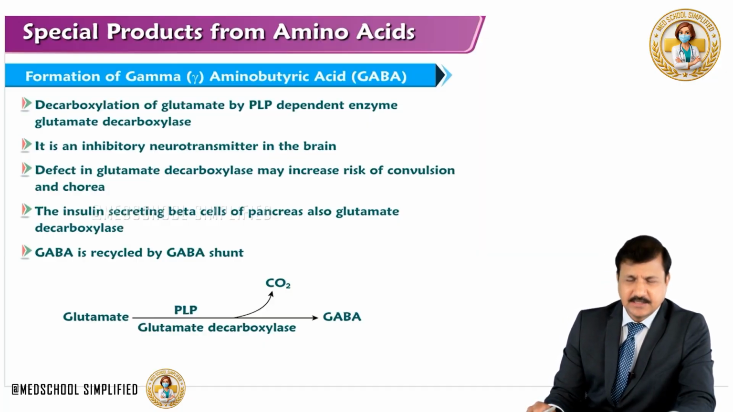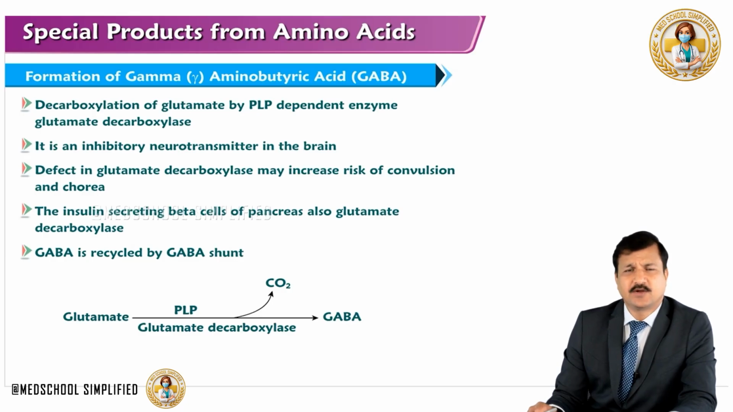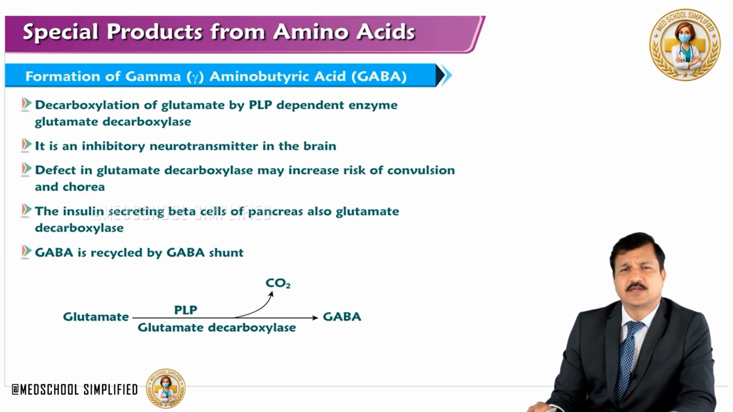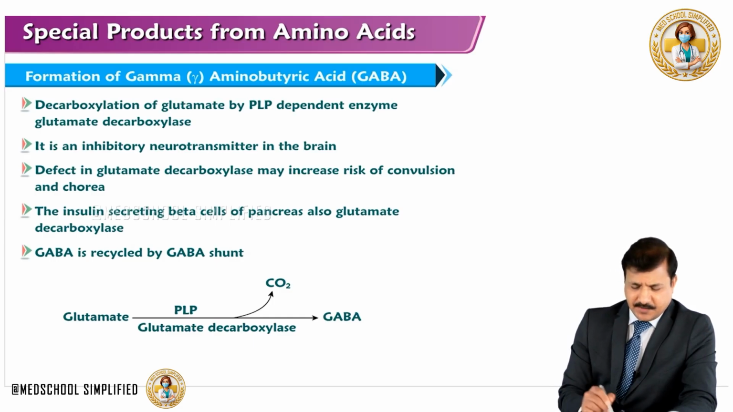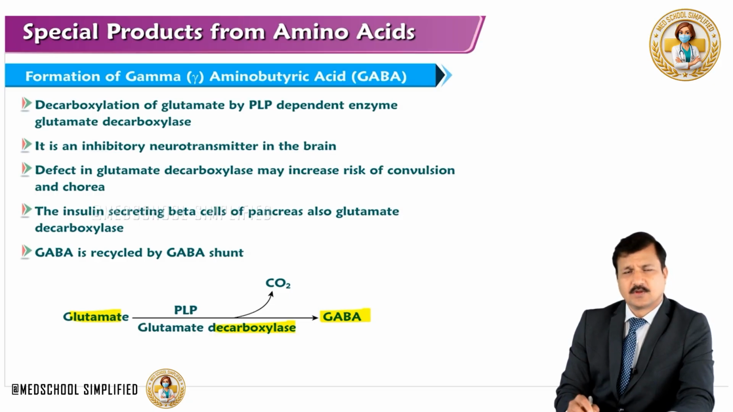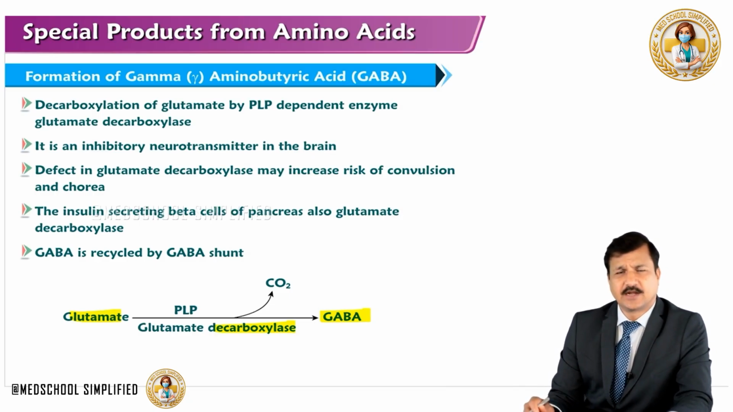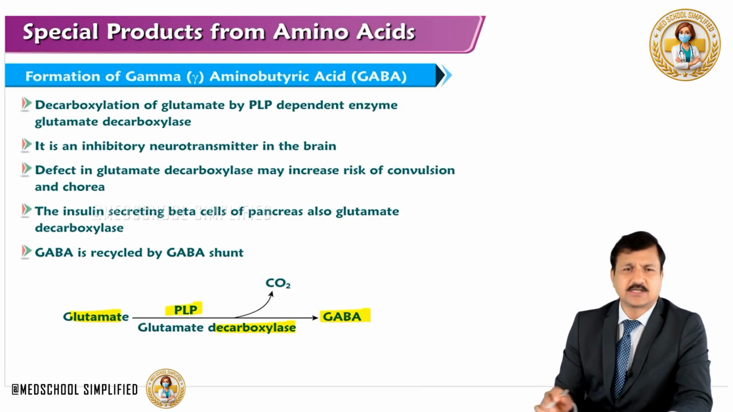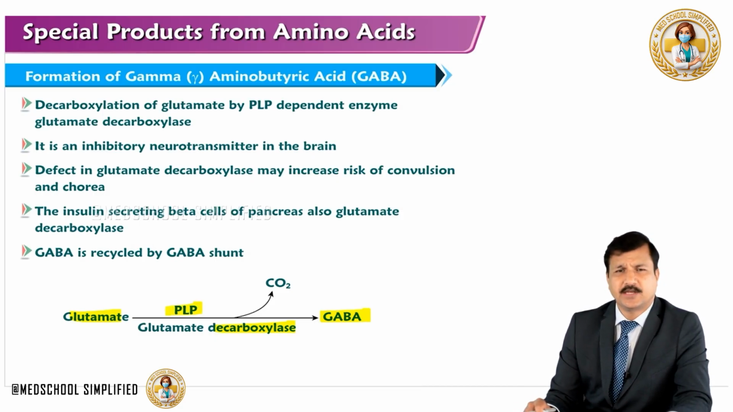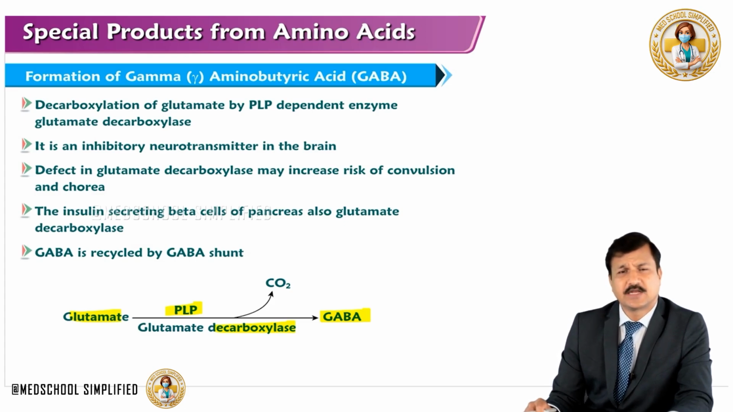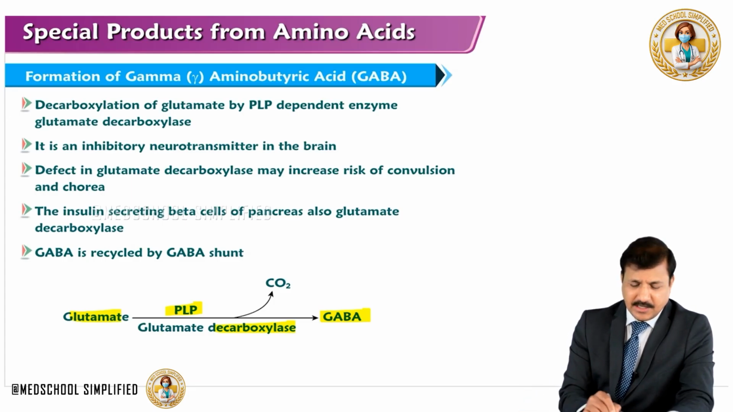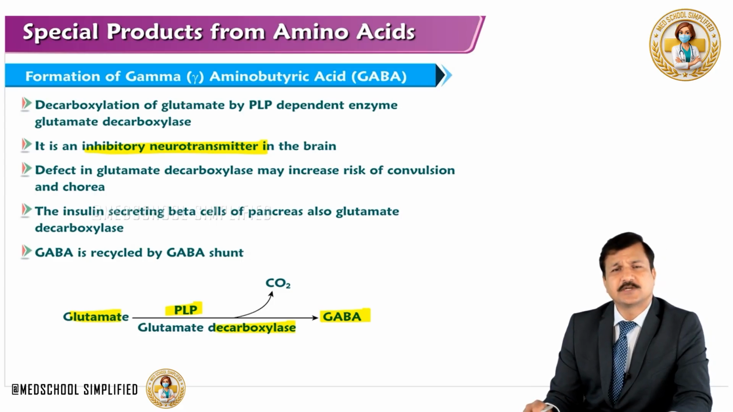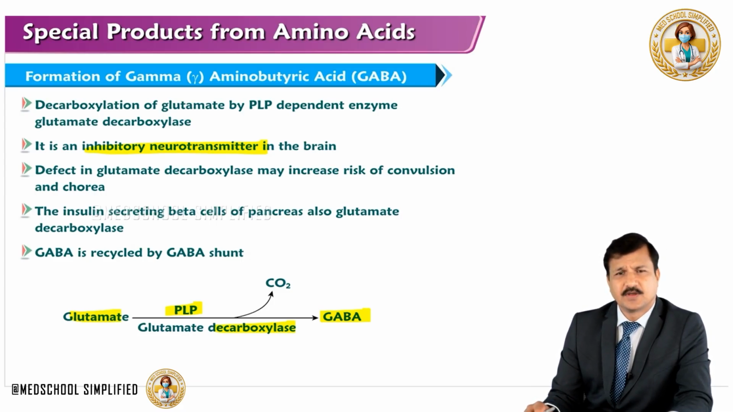Like in the previous slide what we have seen with conversion of histidine into histamine, here glutamate undergoes decarboxylation to make GABA. Likewise, there is a requirement of pyridoxal phosphate, just like I said in the previous topic, that amino acid decarboxylases need pyridoxal phosphate as the coenzyme. Now, what is the function of GABA? GABA is a major inhibitory neurotransmitter in the central nervous system